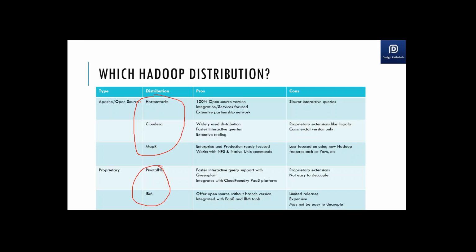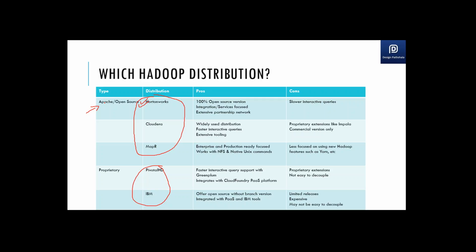So we'll be looking at the Hortonworks one, but the code and how the processing is happening, all of the ecosystem is the same because they are all implementing Apache open source. So nothing will change if you want to use Cloudera or MapR or any other one. In all our classes we will be looking at the Hortonworks VM, but if you want to use any other, you can definitely use them. Nothing will change. Everything is the same. The components might change here or there, or some extra components will be available in different versions or some fewer, but the code and the processing will remain the same.